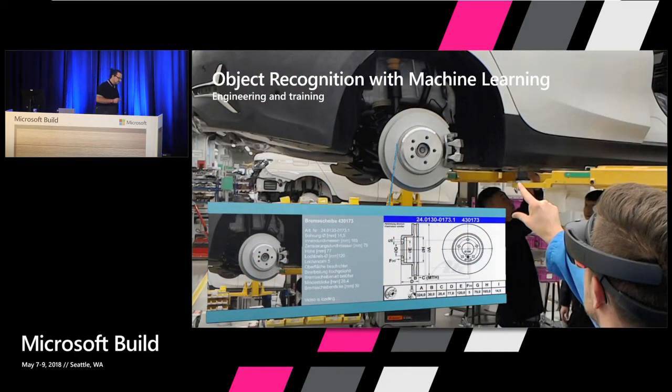This is another piece we did with an automotive client. I picked this application because it's using machine learning. You can see this person there wearing a HoloLens. He looks at that component, takes a snapshot, and once that snapshot is taken, it is sent to a backend where we have a deep learning framework that was trained to recognize a certain object. It will recognize that object and then pull in some extra info about it.